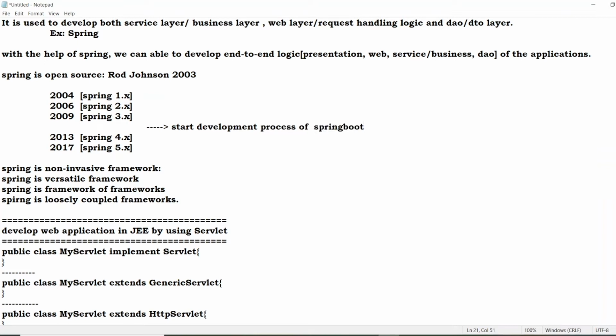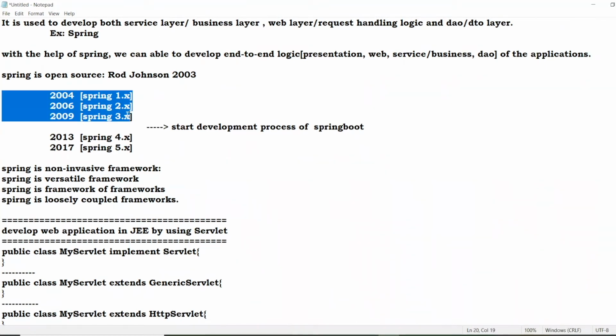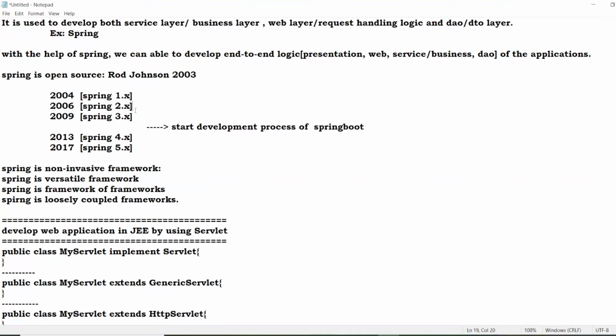See, every basic concept I'm teaching here. Initially, there was no concept like Spring Boot up to 2009, and people kept concentrating. Rod Johnson and his team only concentrated on developing a more qualified library in Spring only.